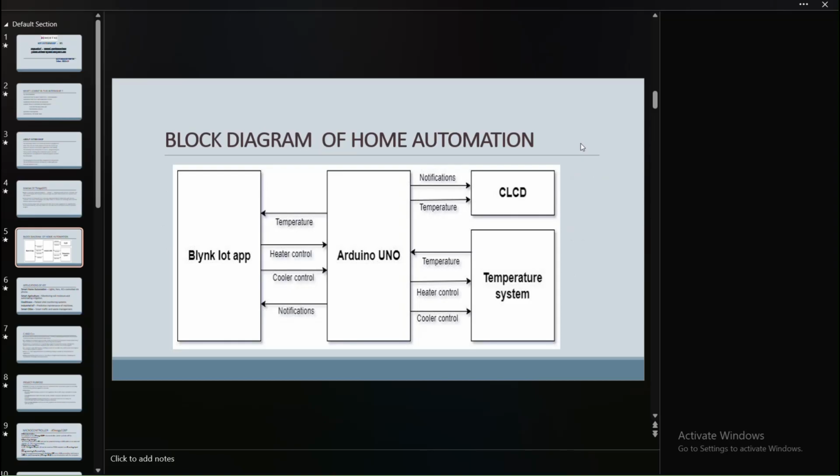And this is the block diagram of my project, home automation. You can see here in the center this is the Arduino Uno. It is a microcontroller, and this is the Blynk IoT app, which should be installed in our mobile, and this is the LCD, and this is the temperature system. So the Arduino Uno connects to the temperature system,